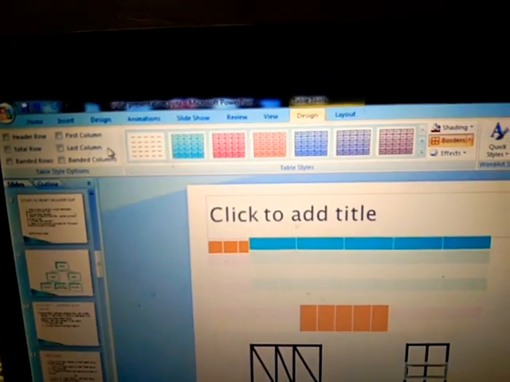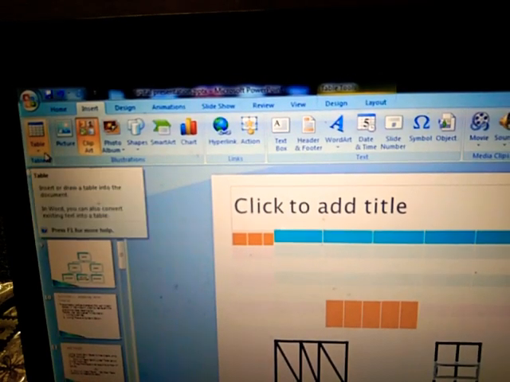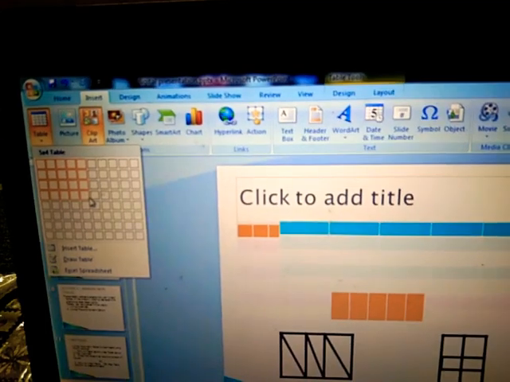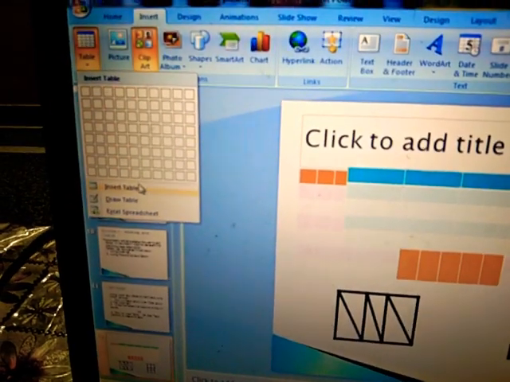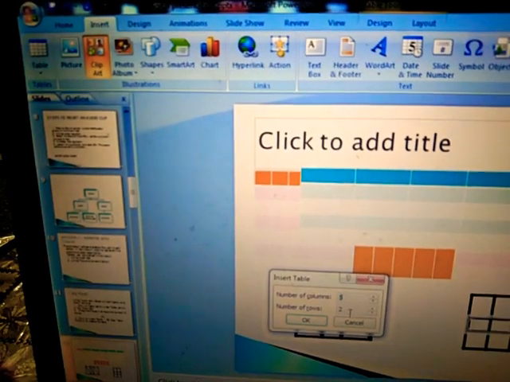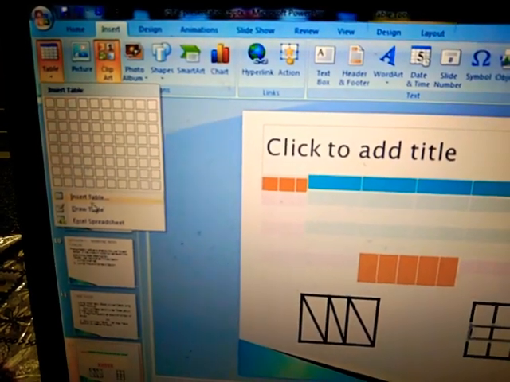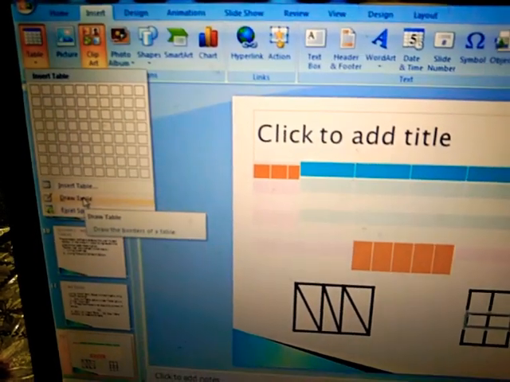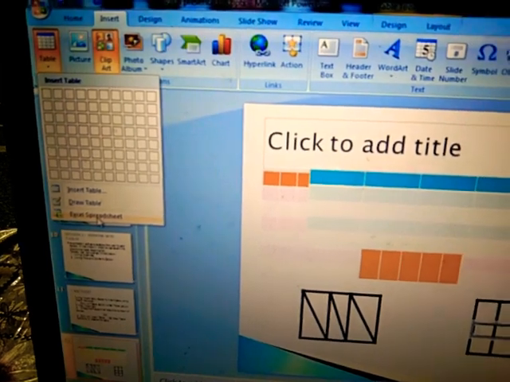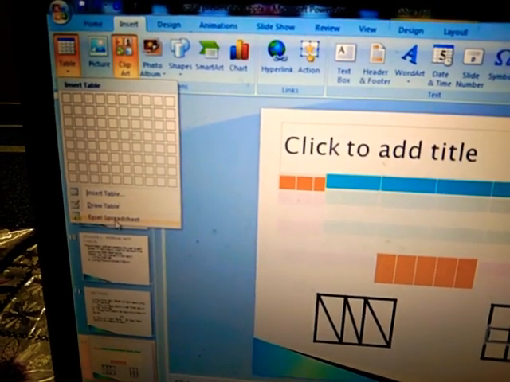The first method, inserting a table via the Insert tab: we have now discussed that three options are there. By this you can select the number of rows and columns. Second is Insert Table, which will ask for the number of rows and columns in a dialog box. Third is the Table option, where there is Draw Table, or you can insert an Excel spreadsheet also, here in the table in PowerPoint.